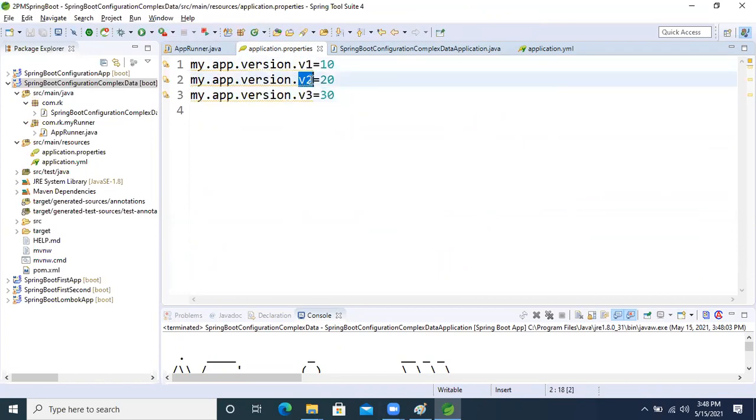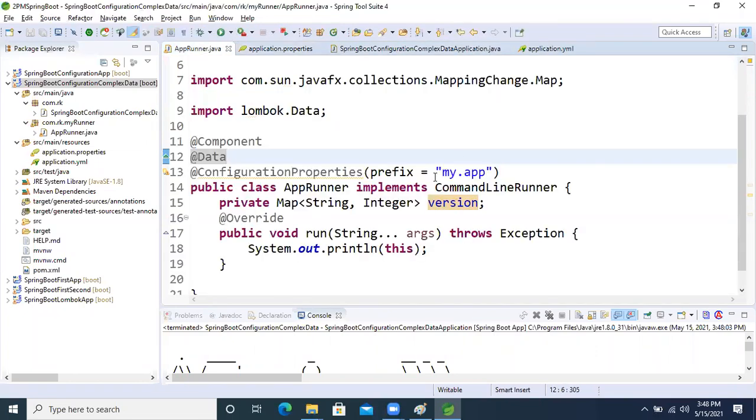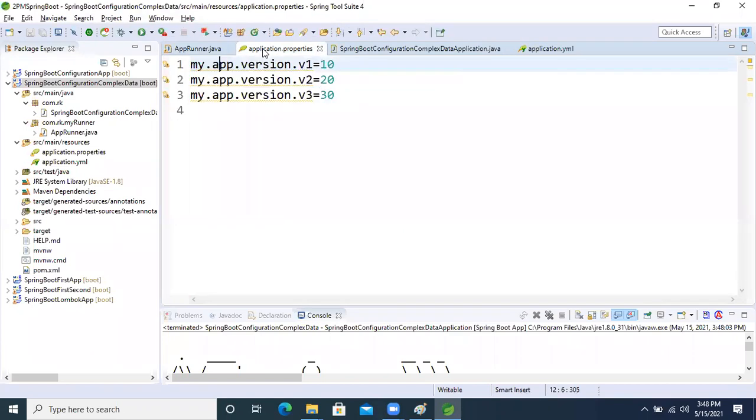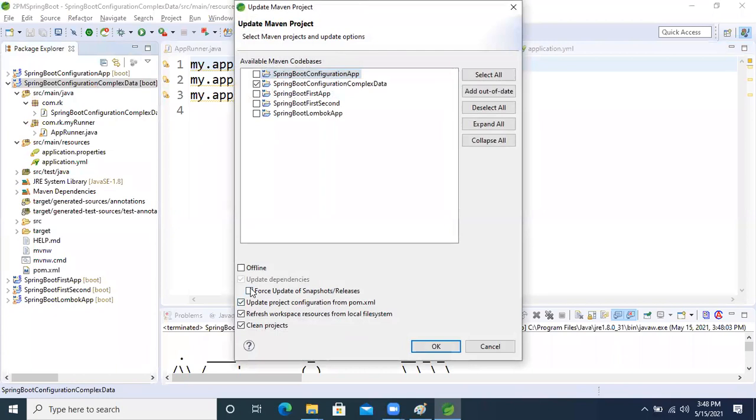That's the V1, V2, V3 version application, right? My.app, my.app. Okay, no problem. Right click, update the project.